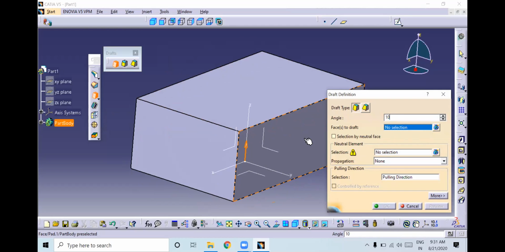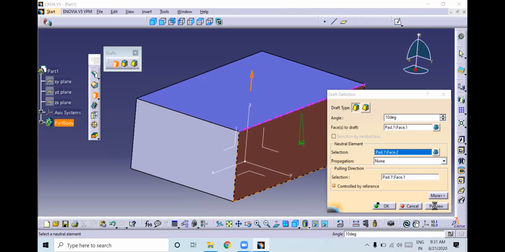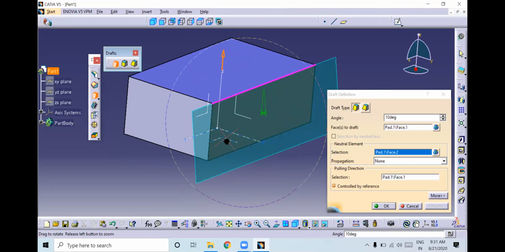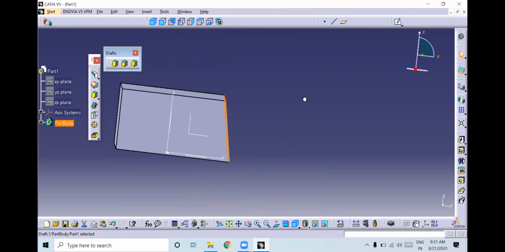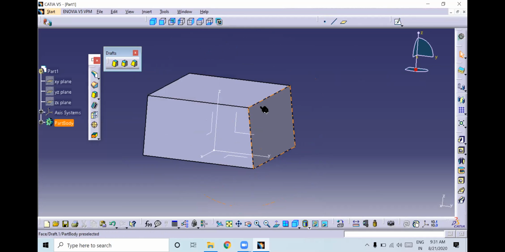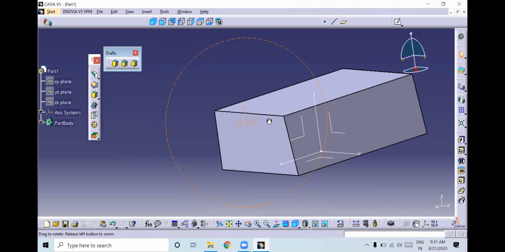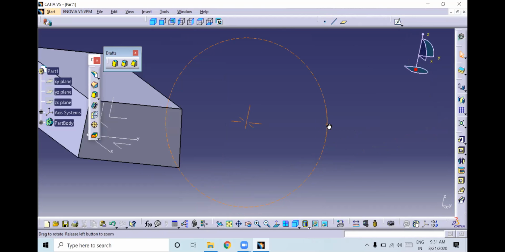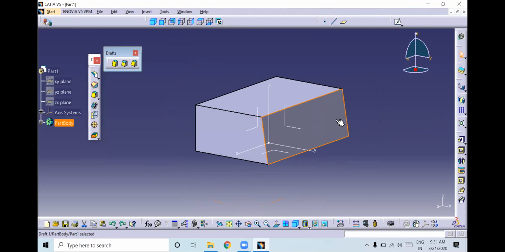Face to draft is this. Then for the neutral element, I will select this. With respect to the neutral element, it will move. See, like this, if you give okay, some inclination of angle has happened. Got it? So this is how you can create it. Fine. Any doubts?